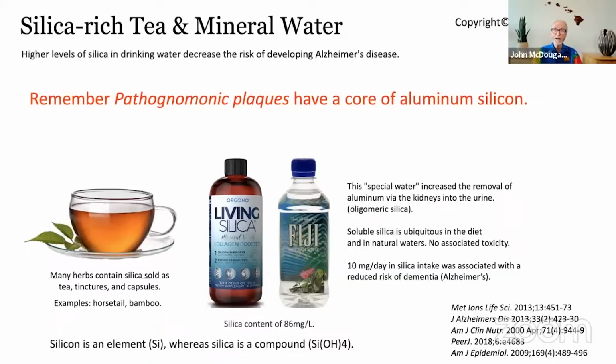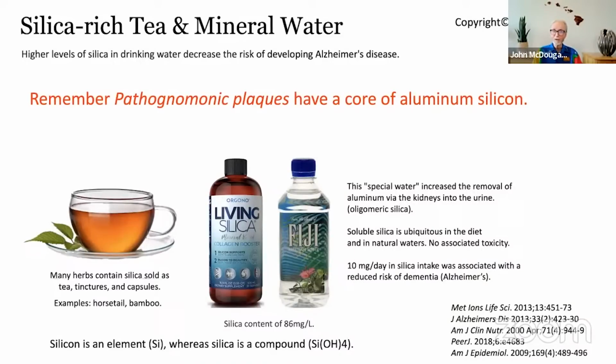You can also take in silica. Now, silica is an organic compound, okay? It's not silicon. If you see down in the bottom left-hand corner, silicon is an element. Silica is a compound. It's made of silicon, but it's a compound. It's found in the earth, and it's found in plants. And you can buy silica